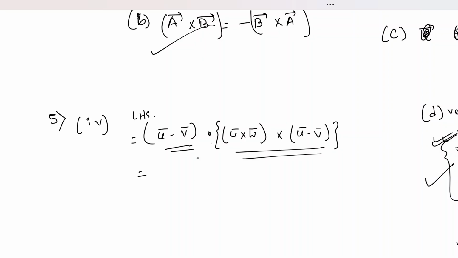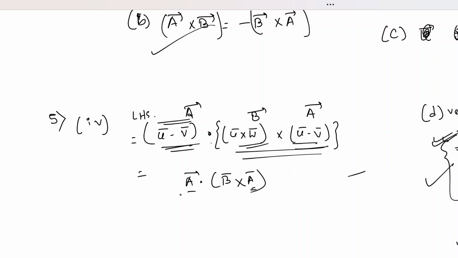So here we can directly use the identity rule, and then our life will be simpler, because you see that this u minus v is a vector. Let's say this is a vector, this is also present here, this is also a vector, and let's say this is our b vector. So what you have simply is a vector dot b vector cross a vector. Here a and a are present in both the terms. From the identity rule, this is equal to b dot a cross a, because here c is also a.